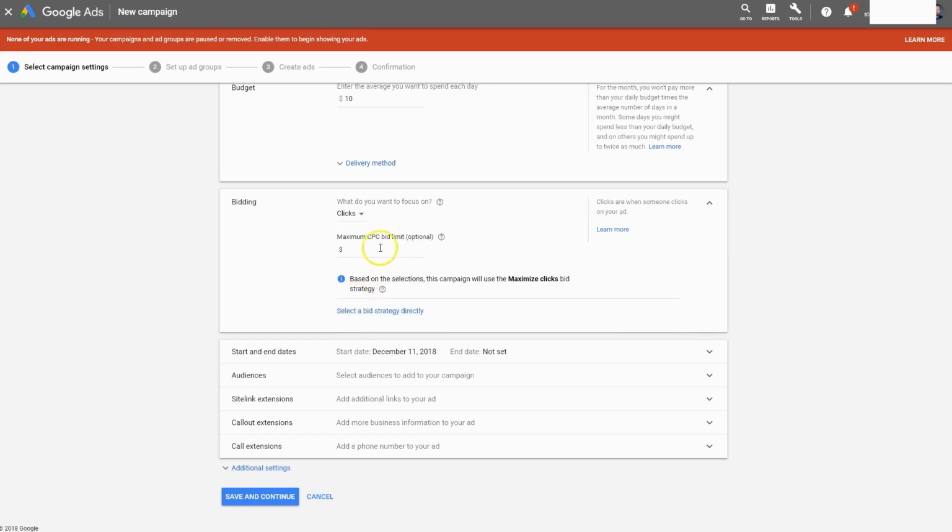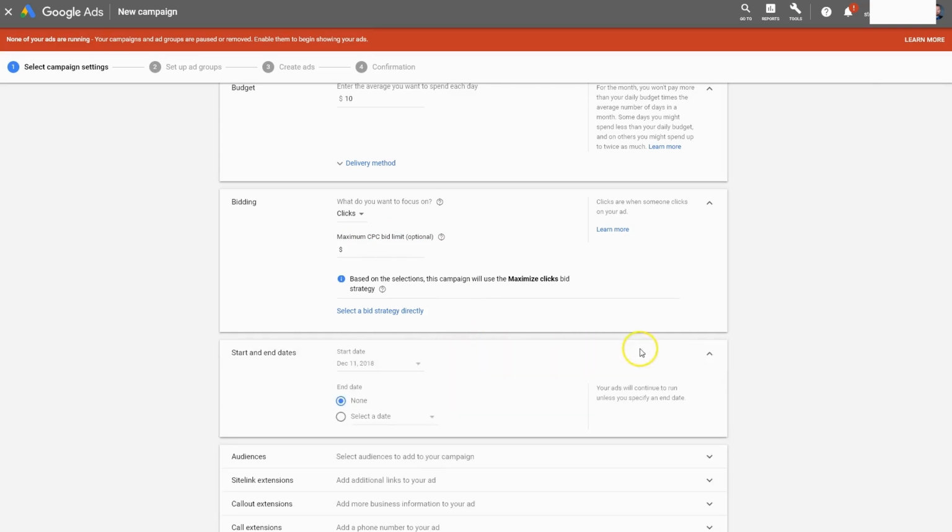We have an option here to set a bid limit. So if you have a specific number in mind that you want to pay per click, you can enter that here. But if you want Google to simply handle this for you, you can leave it blank. Next, we've got start and end dates. Now, typically, ads just run indefinitely, but you might have a specific reason for setting an end date. For example, if you're running a limited time offer or promoting a live event. We'll leave this set to none